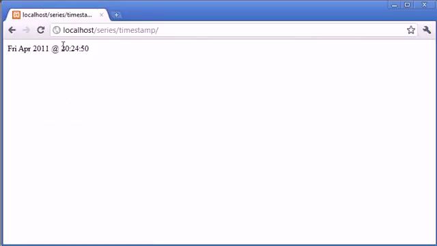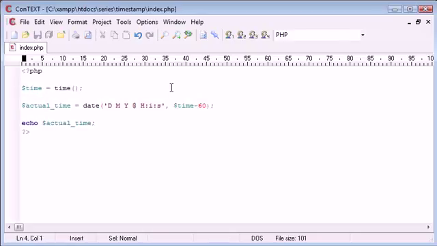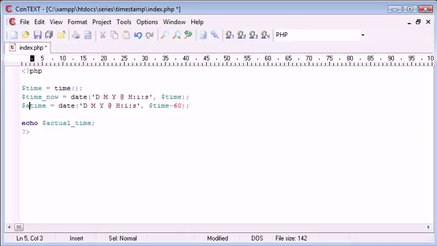So let's refresh. So this reads 8:24 and 50 seconds. Now looking at the clock on my computer, it's actually 8:25. So now it's 8:26 on my computer, so we've gone back a minute. So now what we could probably do is say time now equals, we'll copy and paste that over to here, get rid of that, append a break onto that. In fact no, we won't, we'll